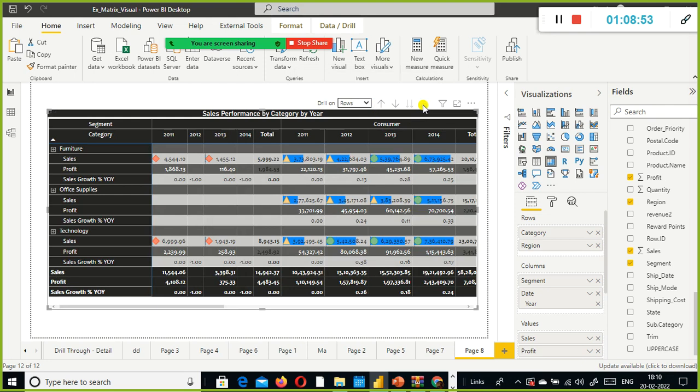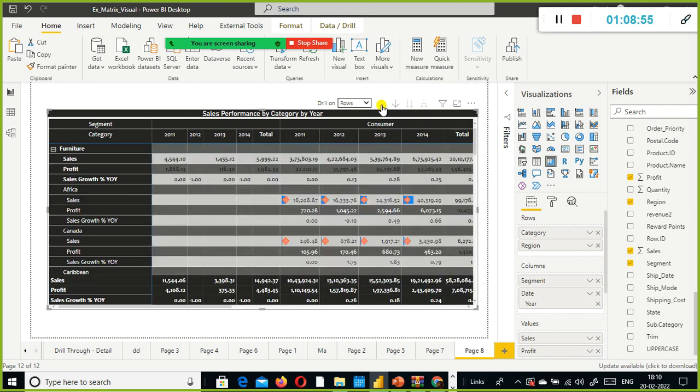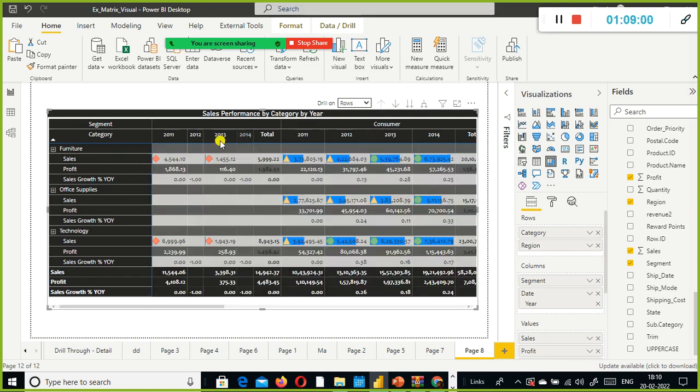And when you select on this one, you can see this here. But when you drill up, it gives you an at-a-glance view, right? So overall, it gives you a summary. In furniture, office supplies, these three categories, how much sales we made, and what is the profitability. Year wise, we can see everything. This is a very comprehensive one, very advanced one, right? We are able to do it.